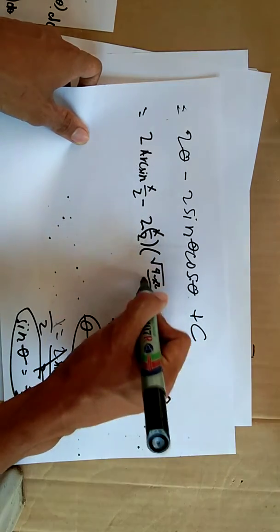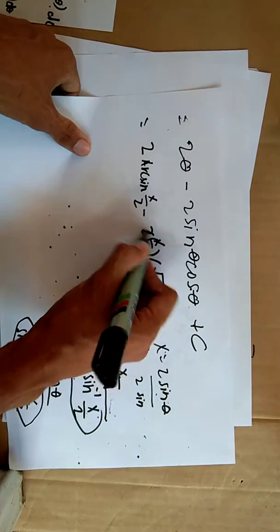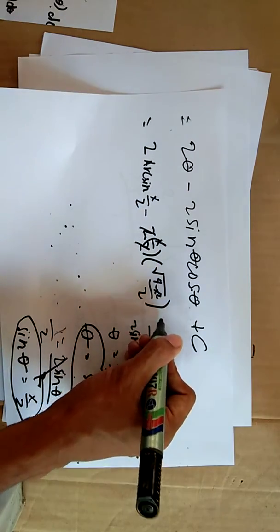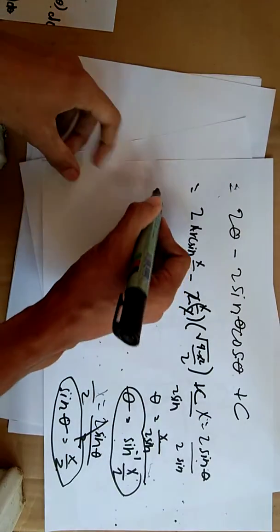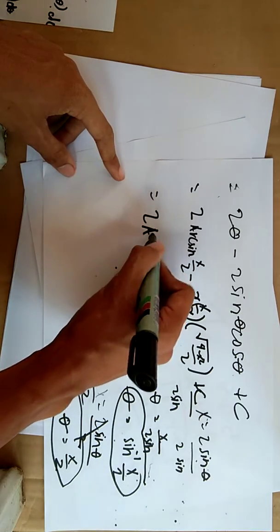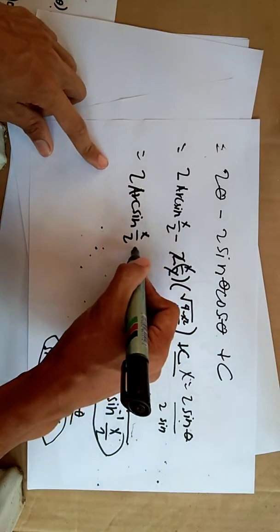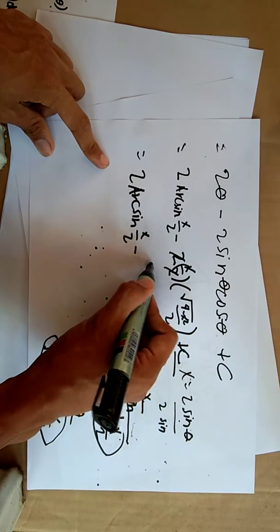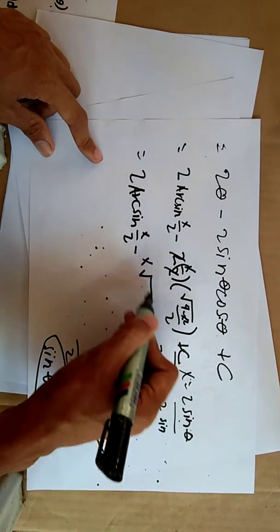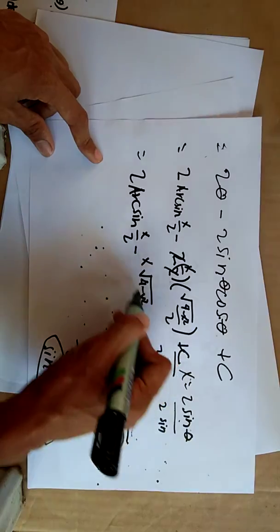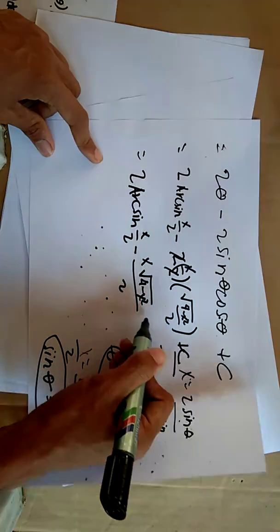So we just cancel the like terms. Then our final answer will be arc sine x over 2 minus x times the square root of 4 minus x squared over 2